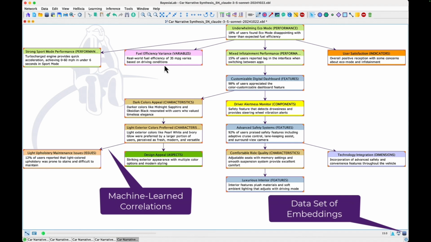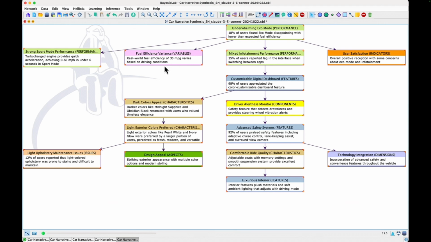You see on the lower right corner that we have a data set of embeddings, and all the relationships have been machine learned, right? So it's not the same approach as the first 4 networks we have created, that were created from the beginning to the end by Hellixia. Here it's Hellixia plus our machine learning features.